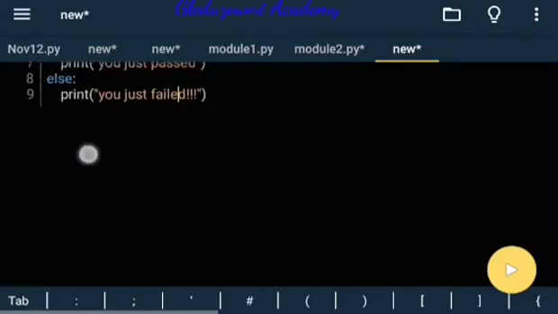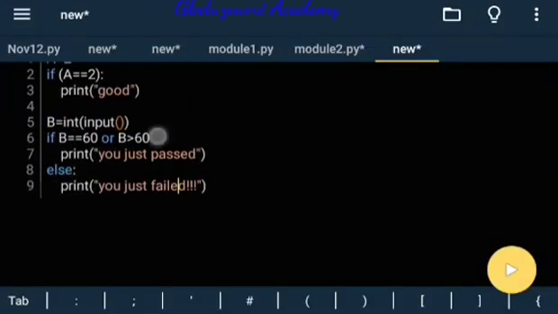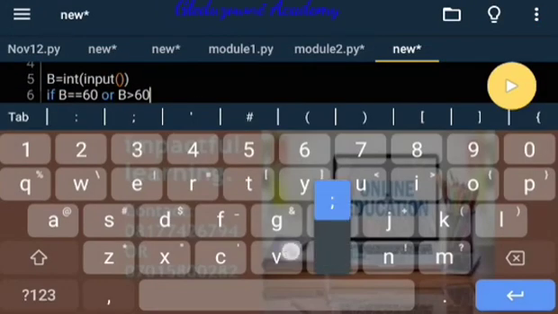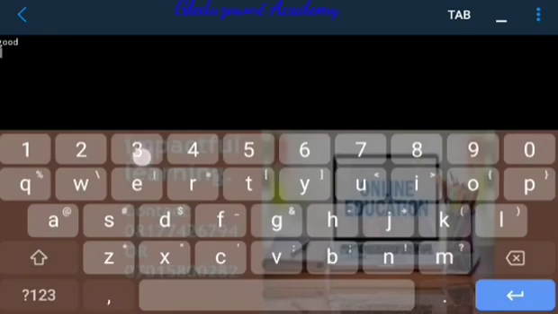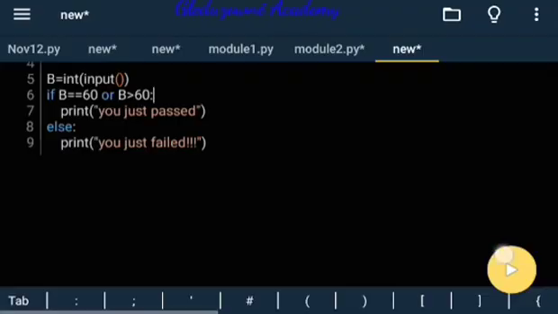So if we use a single... I forgot the colon here. So it should not give me an error again. So let's assume we have 35. So that would be, you just failed. But if we have a number greater than that, so something like